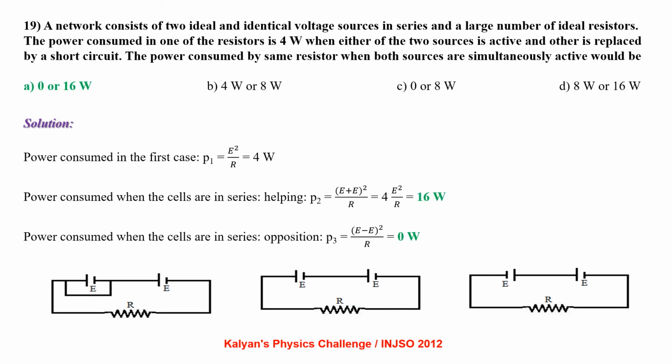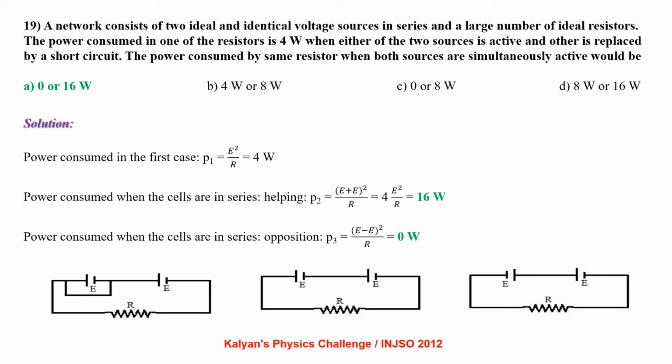A network consists of two ideal and identical voltage sources in series and a large number of ideal resistors. The power consumed in one of the resistors is 4 watt when either of the two sources is active and the other is replaced by a short circuit. What would be the power consumed by the same resistor when both sources are simultaneously active? Power consumed in the first case,